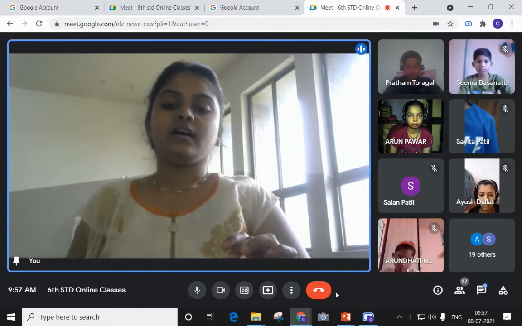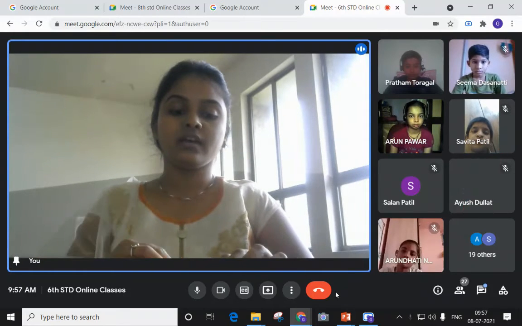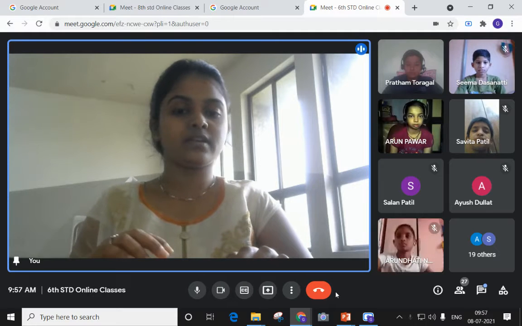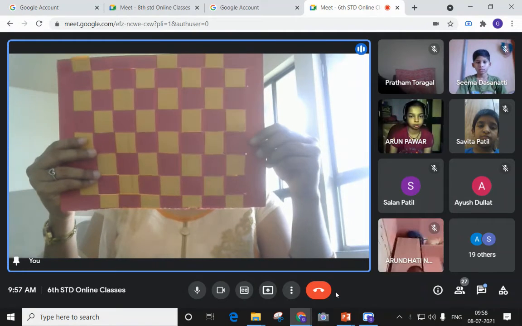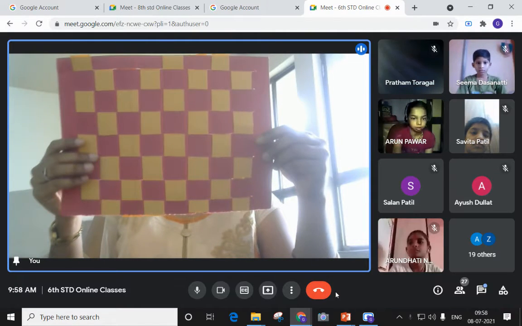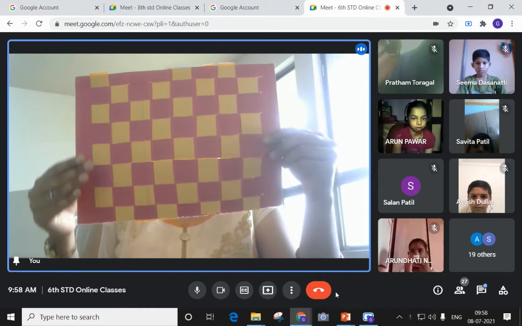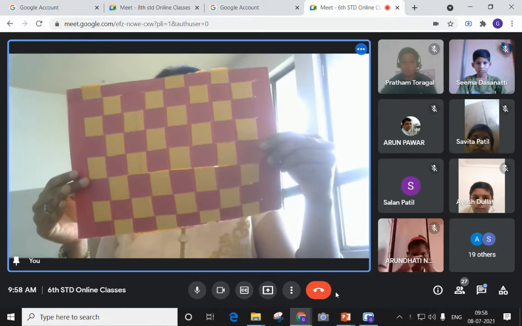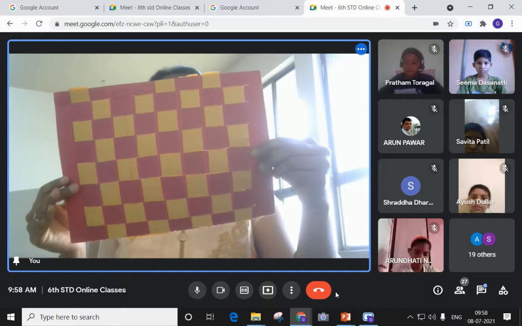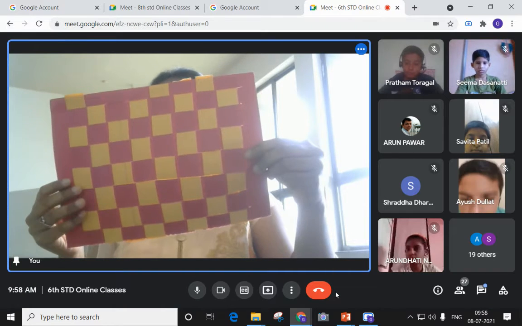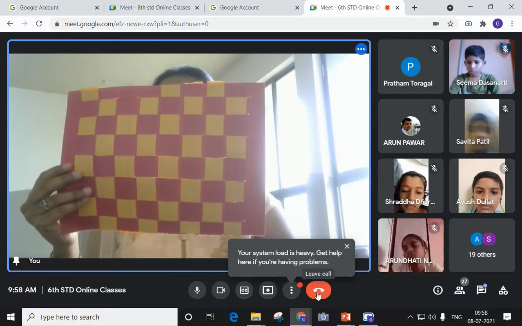Already we have completed the full lesson. Only the activities on weaving and knitting were remaining, and this activity we did in the previous session. Everyone should complete it, take one photo and send it in the app. Everyone should keep this activity in your activity file. Don't lose these activities, because marks are given for them. Remember, right? Am I clear, everyone?